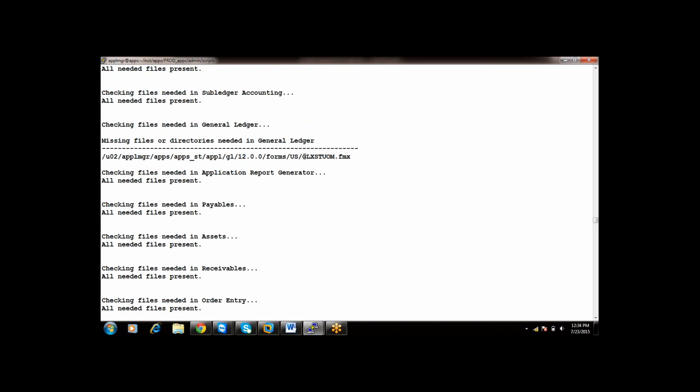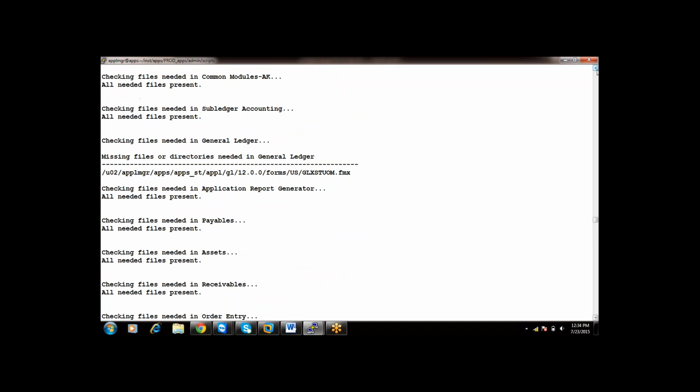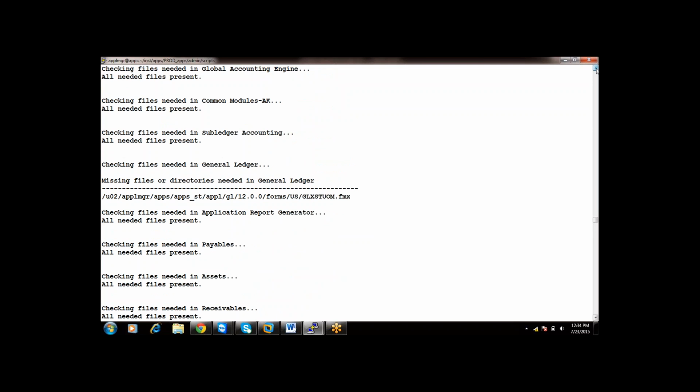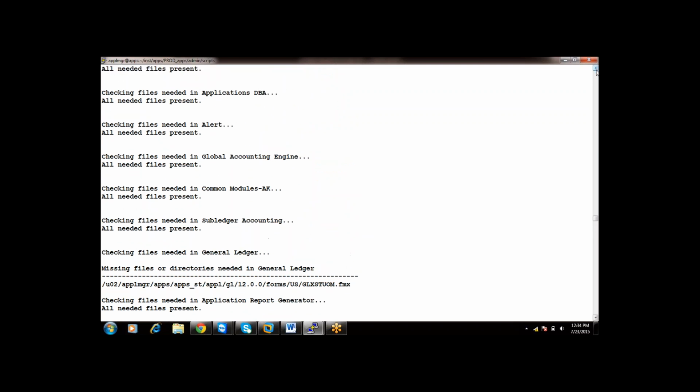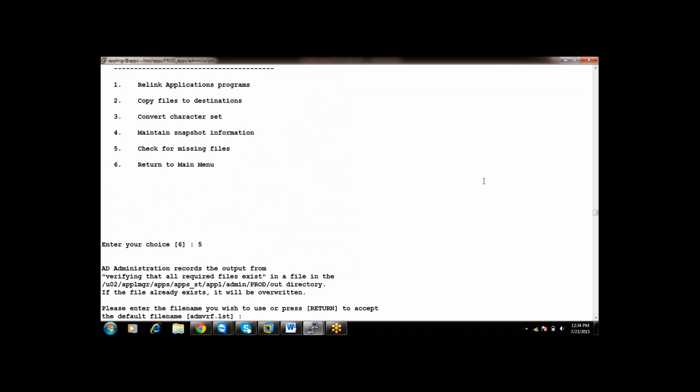It is showing one form file is missing under general ledger. But what about the bin? Let us run once again.